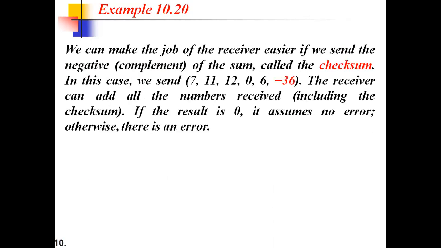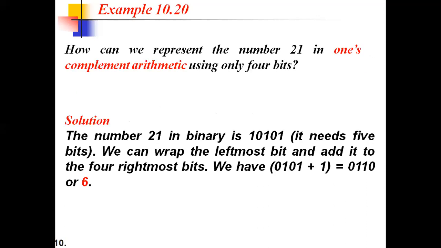So that's what we have done in the next example. See here, instead of sending plus 36, first you have to calculate the sum of all these numbers, then that sum has to be assigned a minus symbol, so that at the sender side we are sending a negative value. Then the receiver will again add all this, and he will get a positive number. If we add positive and negative both and get a 0, then no error has occurred. If we don't get a 0, then an error has occurred in the transmission.